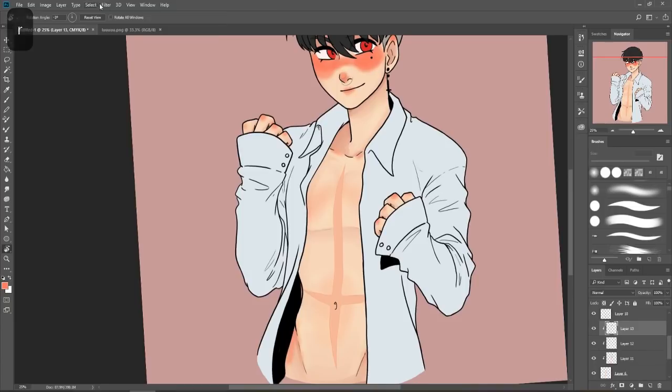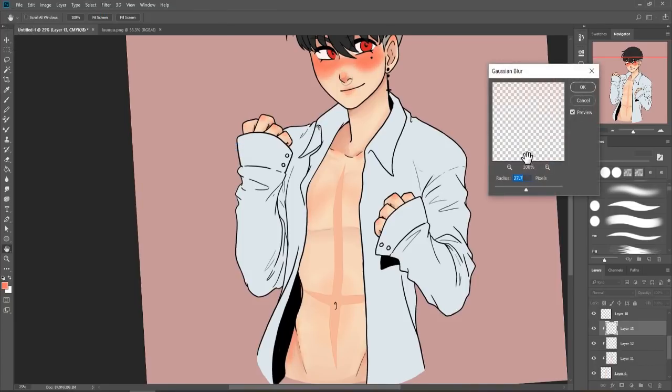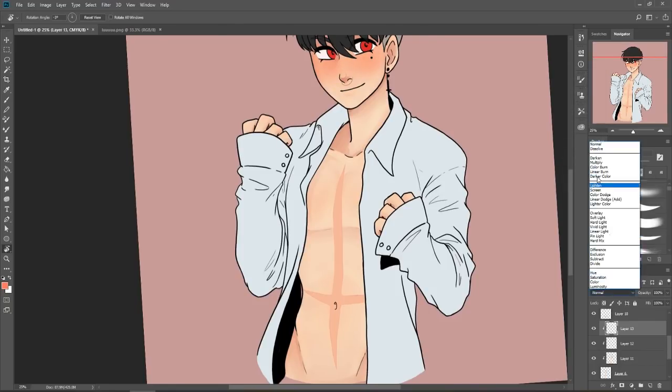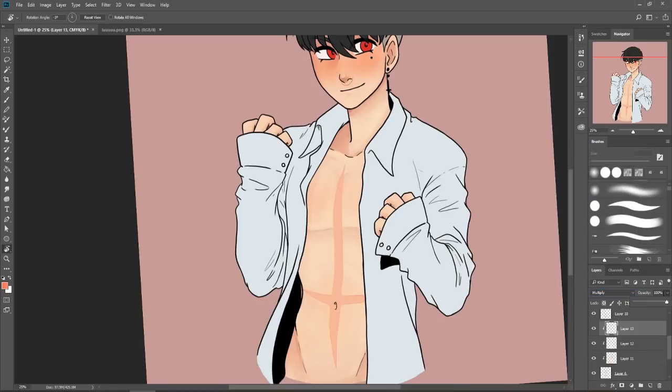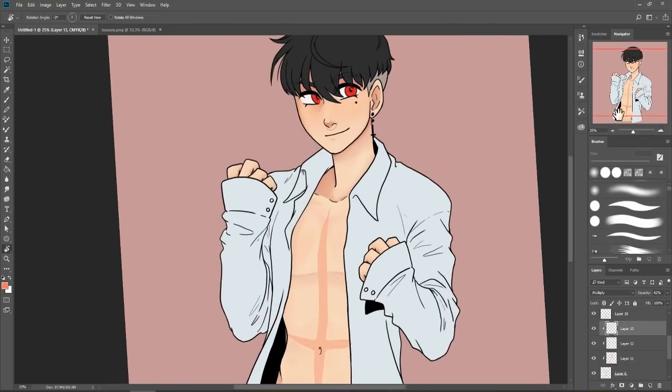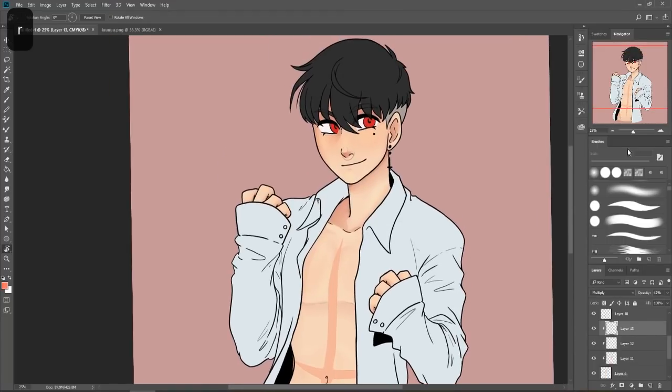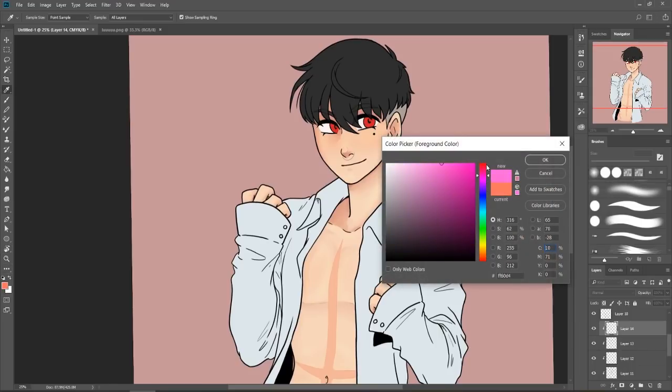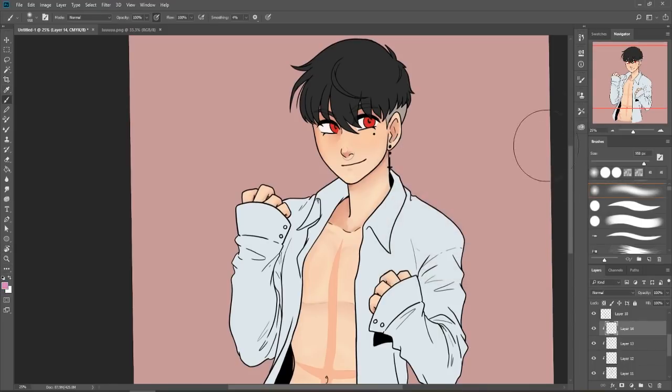So obviously I don't leave it like that. So I again go to the Gaussian blur, and I blur it out. And then I make it a multiply layer, and I lower the opacity. So it's still there, and it just gives more depth to the skin. And then I have like a million shading layers. What I do is I go over the top with another clipping mask. I take a sort of purpley color,